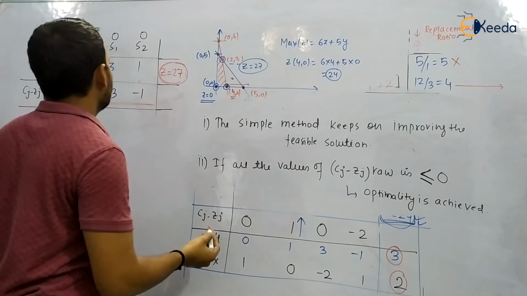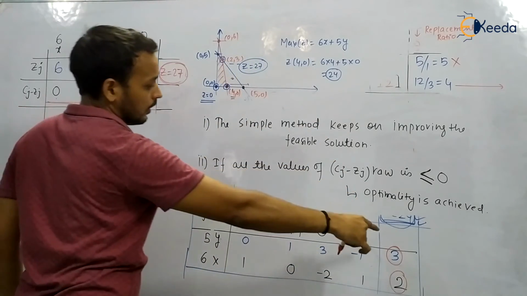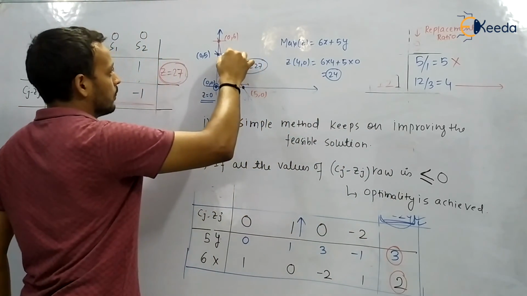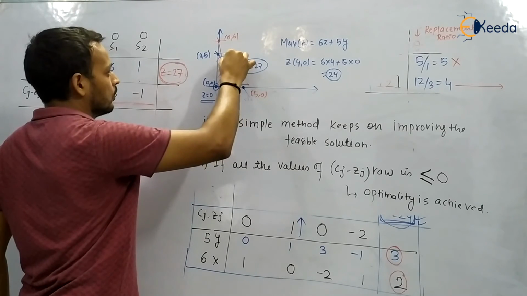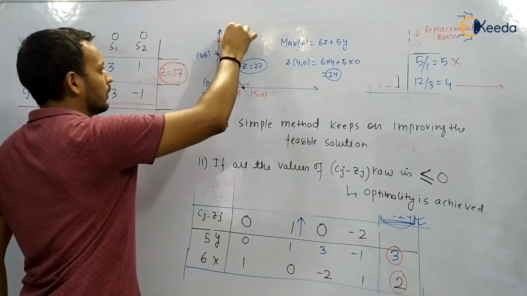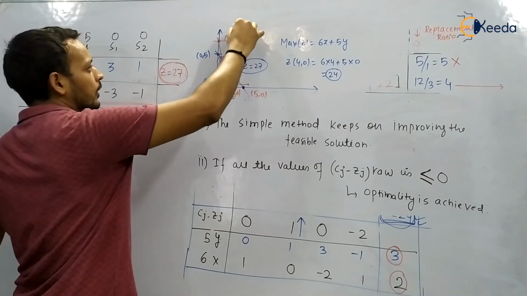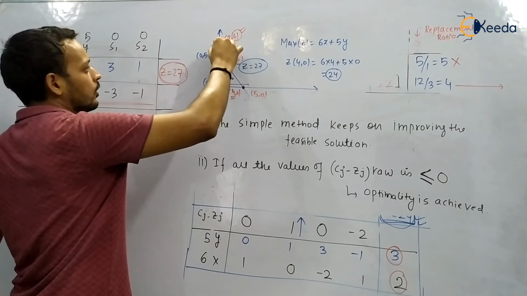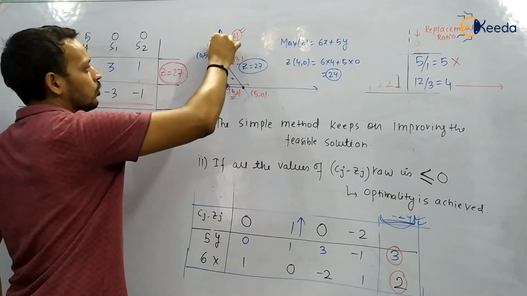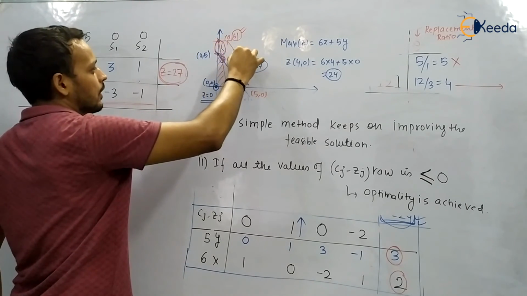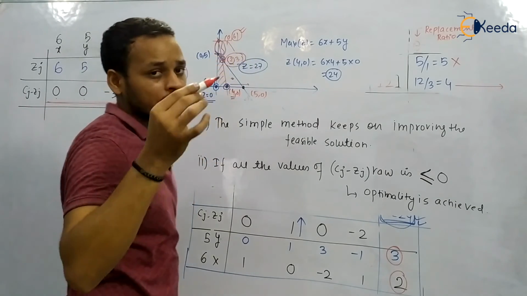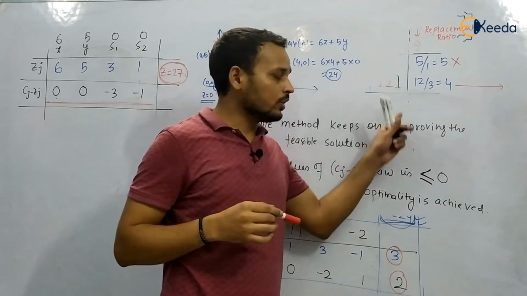And in the other case, look here, we have got one of the points to be 2 and the other to be 6. If you take the maximum replacement ratio and move to 6, then you may choose the infeasible region. That's why we are choosing the minimum theta value.